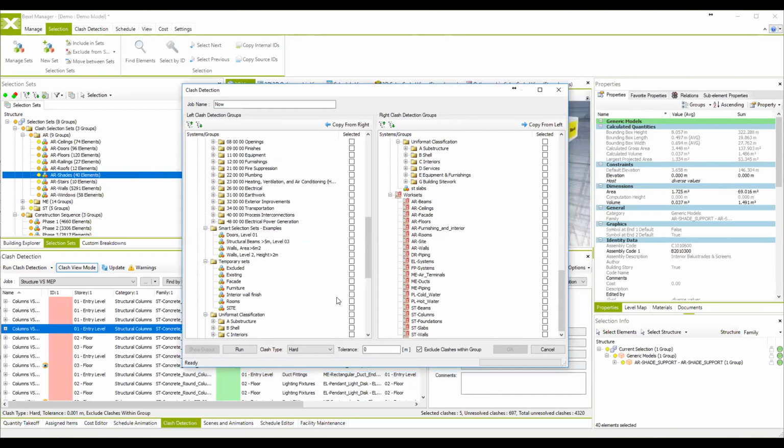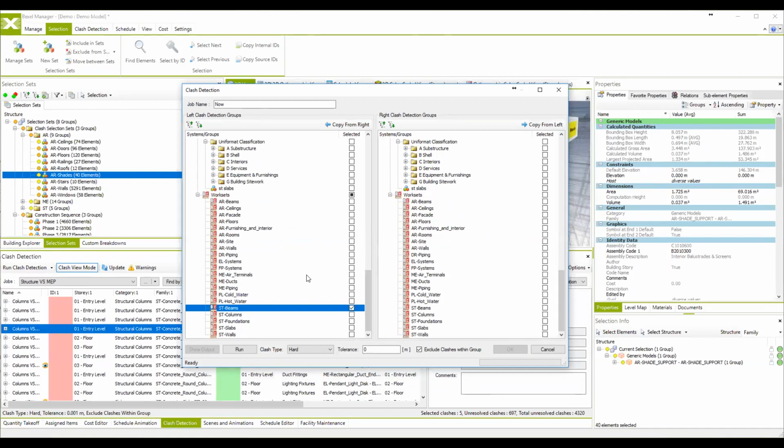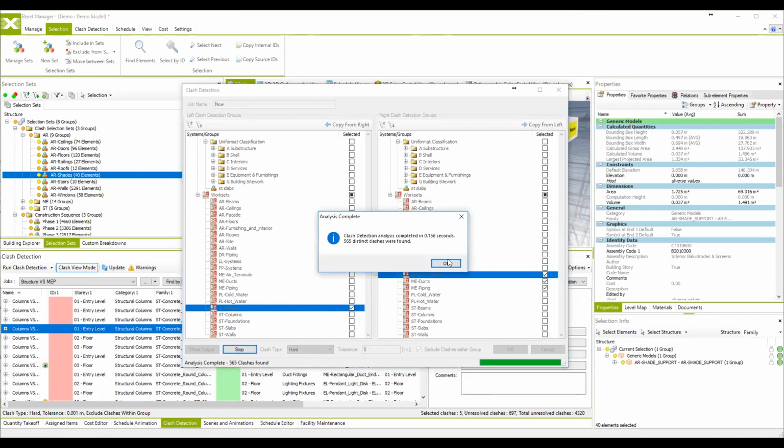to run a clash detection job. As you probably know from other similar software for clash detection, you see different options for types of clash: hard, clearance, conservative, and just duplicate elements. So for example, we're going to try to do a job for clash detection between structural beams and MEP elements. Okay, when we hit run, we see